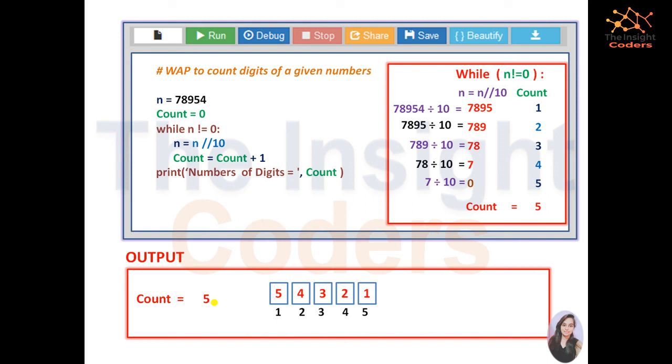So we were talking about while loop. So why do we use the while loop? We use while loop because we don't know till when we have to work. In for loop you have to mention the source and the destination, but here you don't know till when you have to work. When you are just not aware, you just have to use while loop.